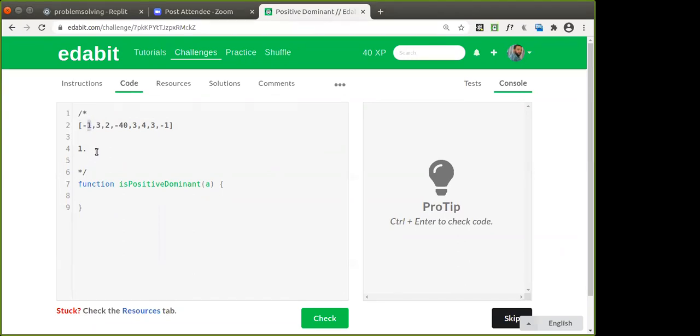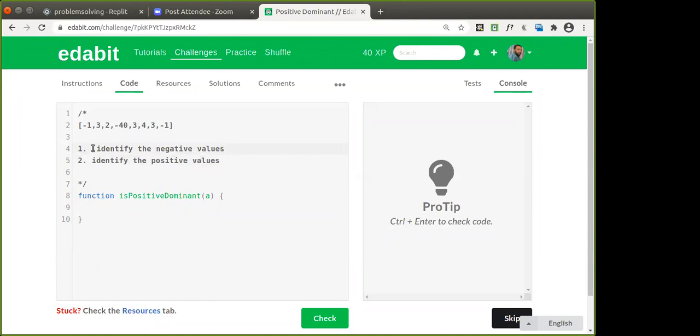Yes, the approach that we can follow is: first of all, identify the negative values. Second, identify or extract the positive values. So we have to identify what the negative values in the array are and what the positive values are.